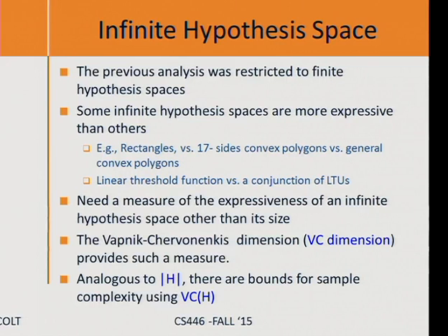So that's what we want to do. We need a measure of expressiveness of an infinite hypothesis space, and the size is not going to do it because they are all infinite. So what we're going to develop in the next half an hour is a notion of VC dimension, Vapnik-Chervonenkis dimension, that will replace the size of H. And in fact, it will replace it in such a beautiful way that basically in each of the theorems that we quoted before, we can take size of H, replace it by VC dimension of H, it's about right. So all the dependencies that we've understood before are going to really